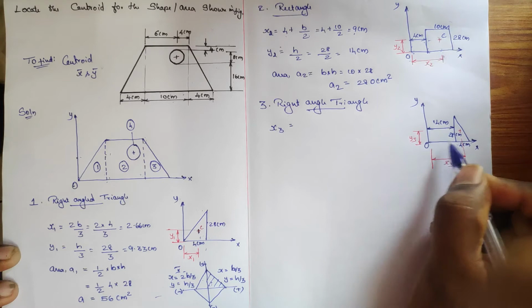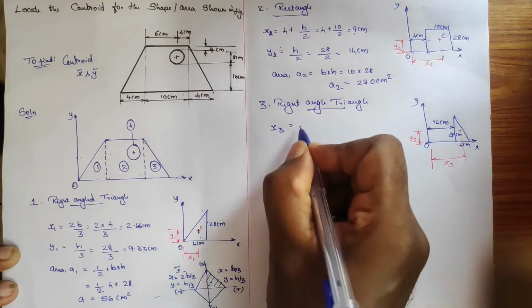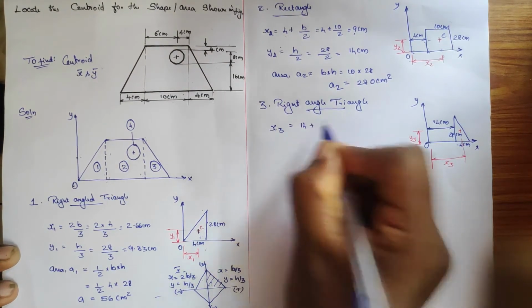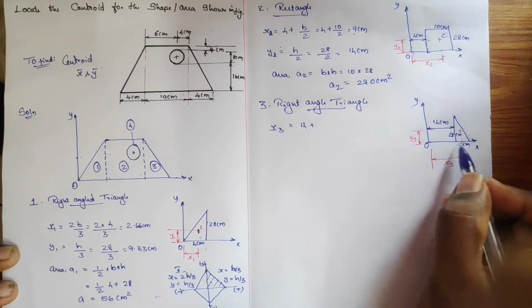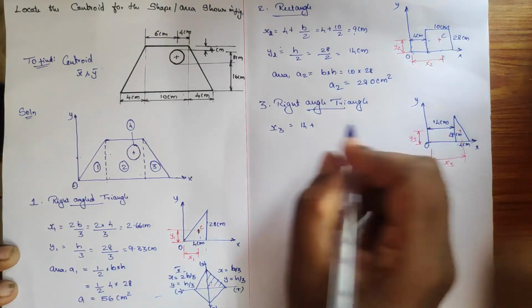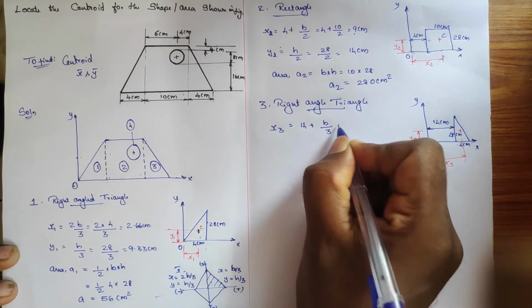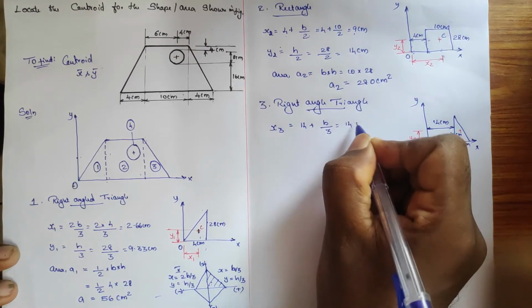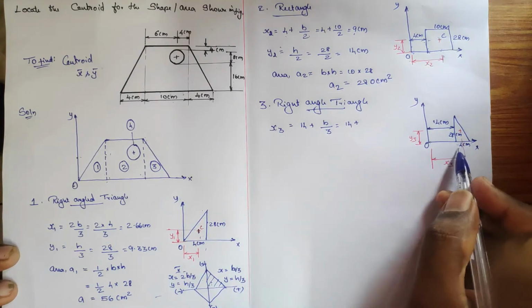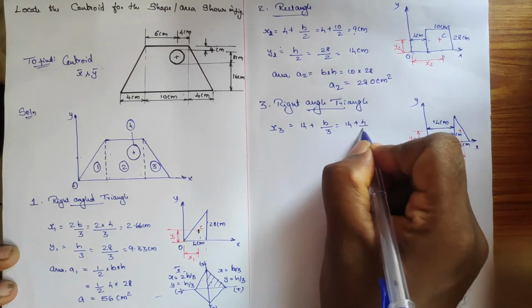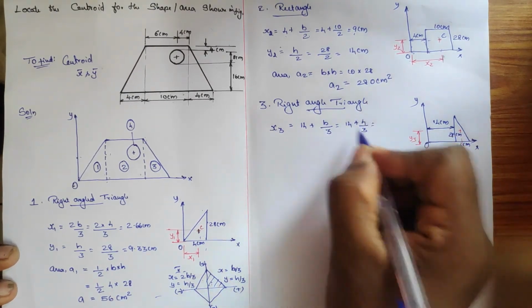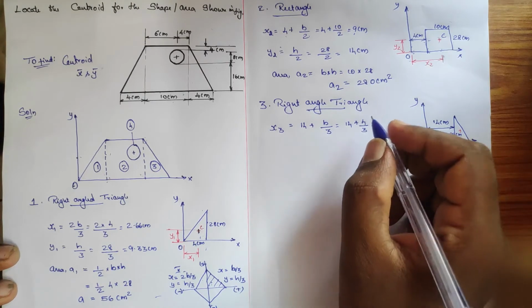From this O, the component distance is 14, that must be added plus the self-centroid. For a right angle triangle the formula is b divided by 3. So the formula will become 14 plus b, which is 4, divided by 3. Just calculate it, and I hope you will get